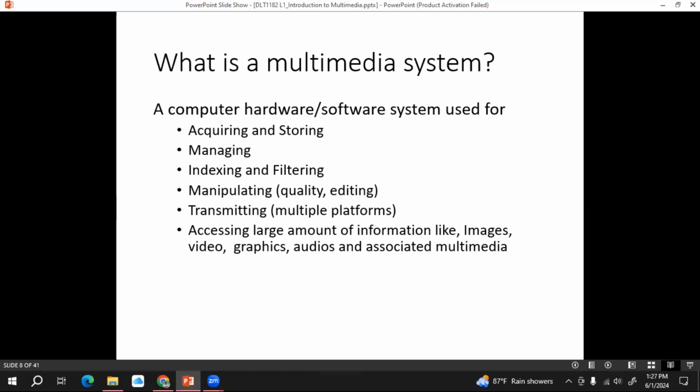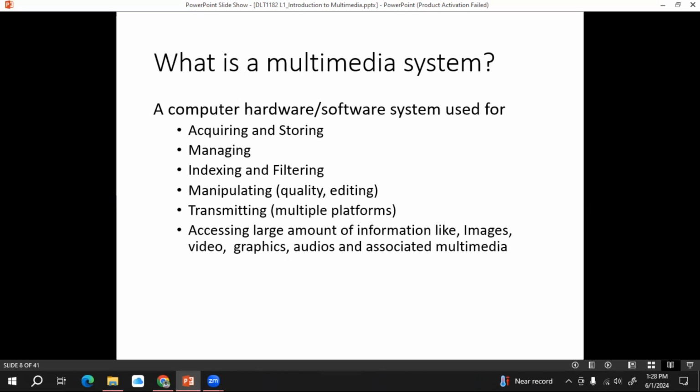Then manipulating. Manipulating means your system should have a way to edit the content that already exists on your system, right? In Facebook, we can edit our content. We can delete something, or we can change the quality. And the most suitable example for manipulating is Instagram.